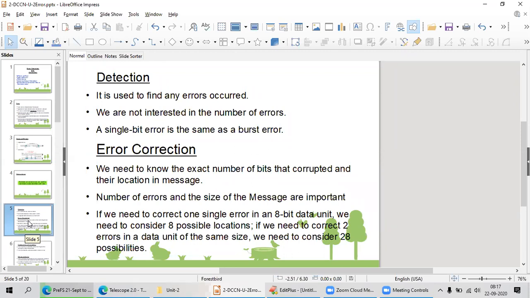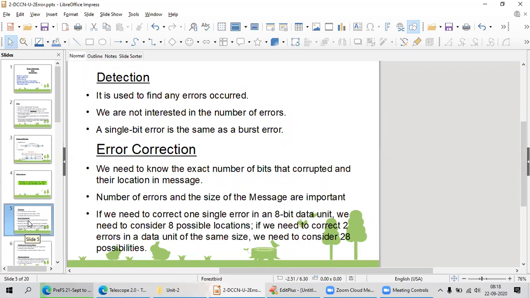Correction. Here we need to know the exact number of bits that are corrupted and their locations in the message. In case of detection, I need not worry; I only have to check whether the identical message is received or not.